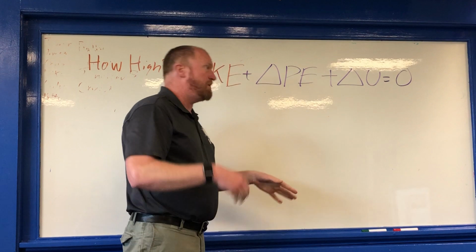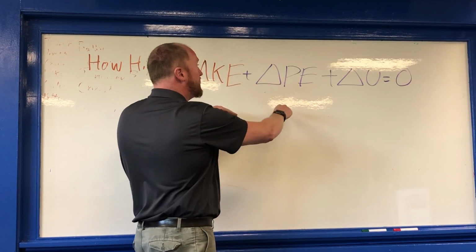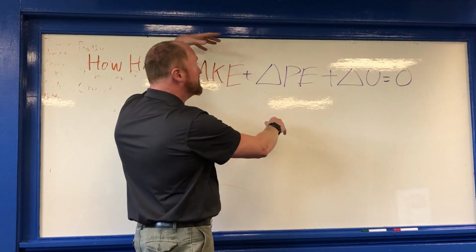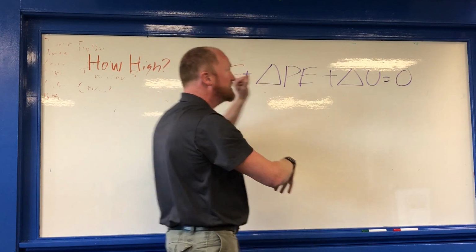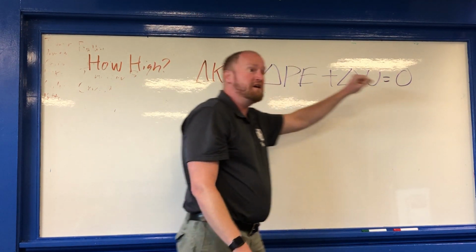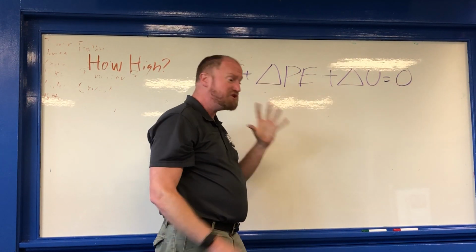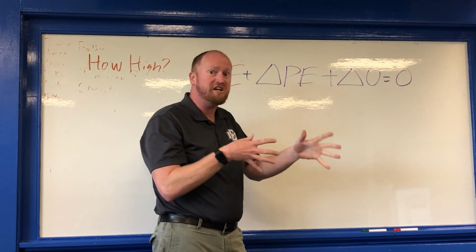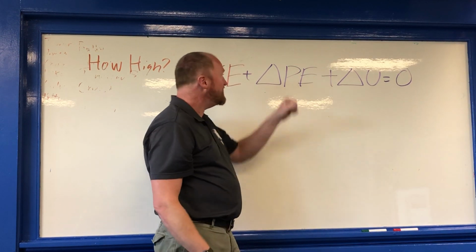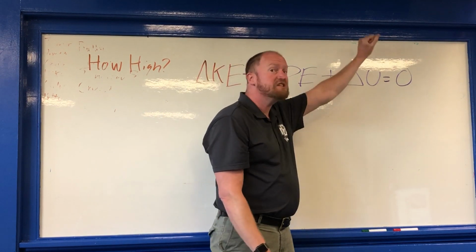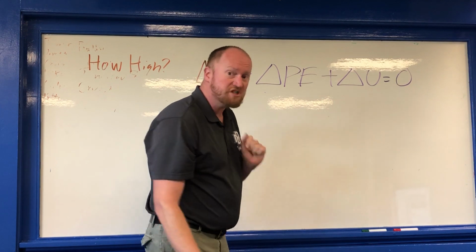So this means if I'm on a mountain and I start skiing down, my potential energy goes down, but my kinetic energy increases by an equal amount. One goes down by an amount, the other one increases by an equal amount. You end up with 0. Now, does it all go into that? No, some will go into friction, some of that would go up. But the result is, no matter what combination of potential, kinetic, and thermal energy you get, it all adds up to 0, because anything that's lost somewhere else is going to be gained somewhere else, because energy is not created or destroyed. So, let's take part of this.